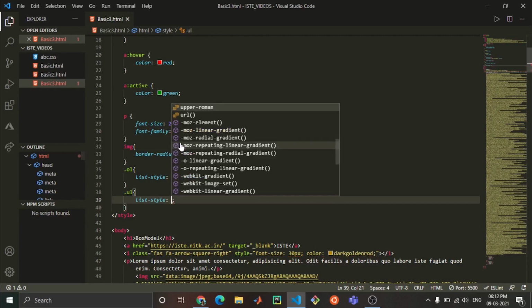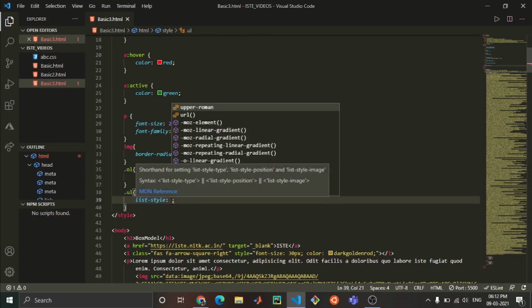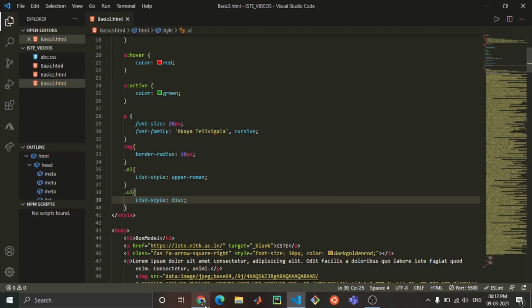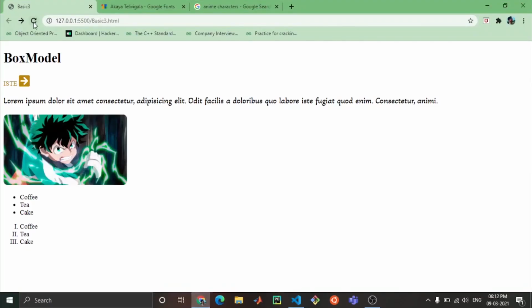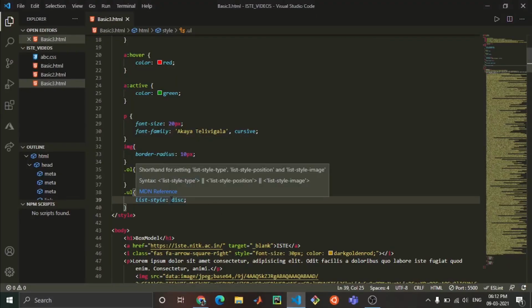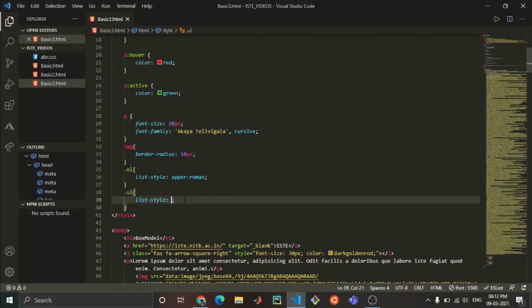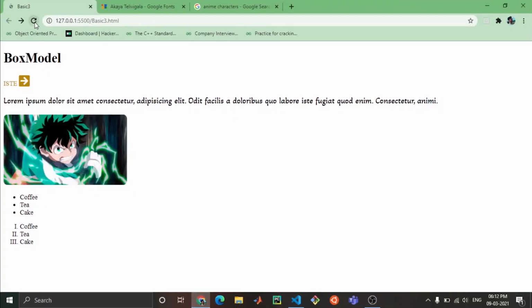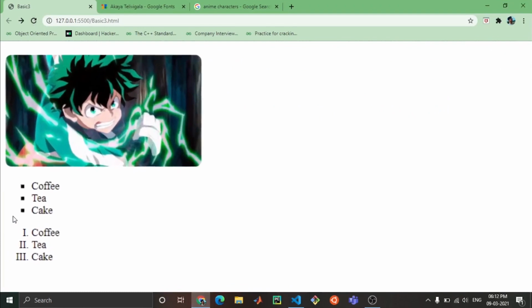So I am giving list style as disk. Fine. You can see that was disk only, so it is coming as this. I want it as square. Refresh this. It is converted to square.